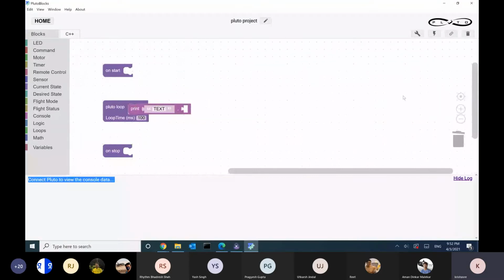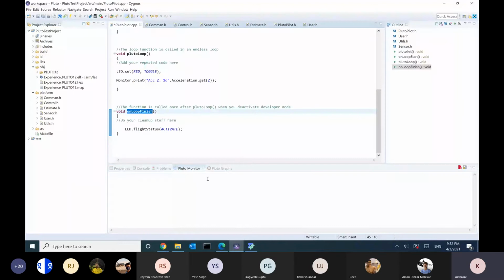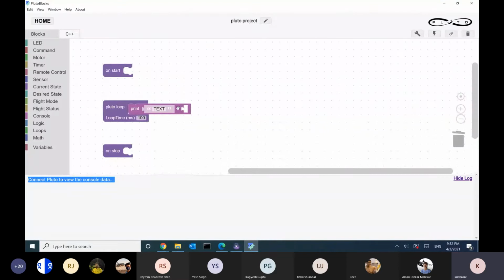I just gave a rough reference, taking reference of the previous one, but now I'll start again. I'll create one project, and I'll create the same project, so you'll get the same logic I'll build here, and I'll follow the same process. Get the idea? So any questions specific to Pluto blocks, like what's the difference, or anything else before we start building some block logic?